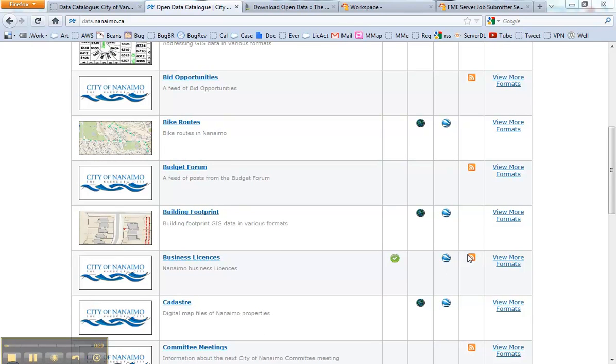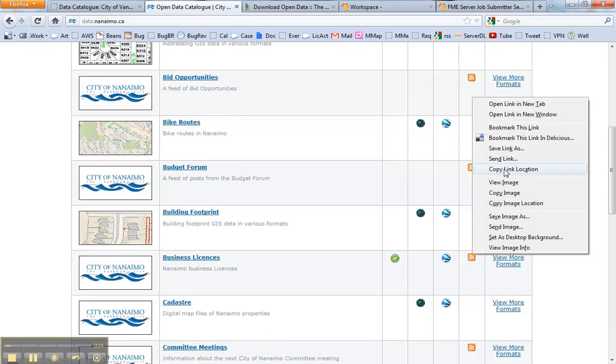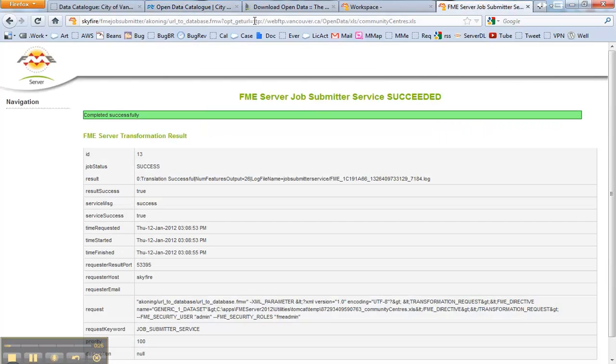Yeah, you know what? Maybe I want to take this RSS feed. So I'm going to right click and I'm going to copy that link location, come back here. Again, I'm just popping that into a URL, and I put that in, I hit enter. Now there's a bit of an issue here. It looks like it's successful, but it's not actually successful. The data doesn't go in, and the reason is this extension ASPX is not recognized by FME, but that's pretty